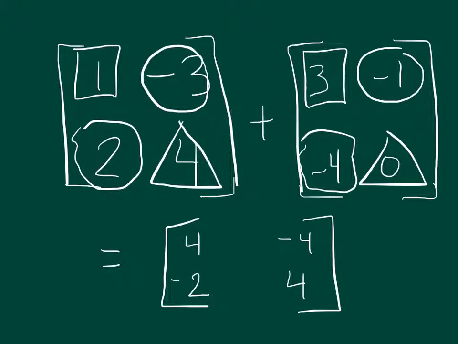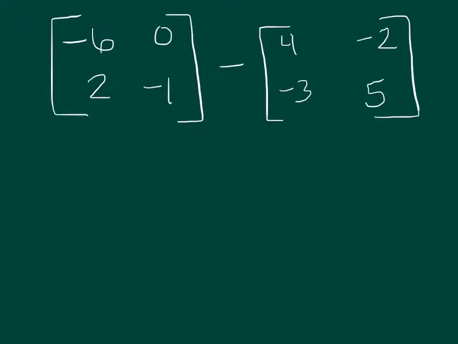Let's try another one. Now this one is trying to subtract the matrix. So same thing. You just find the pieces of data that are in the same spots and you do whatever type of math they want you to do. Okay, so if you look at this one, we're subtracting. So if we make our matrix